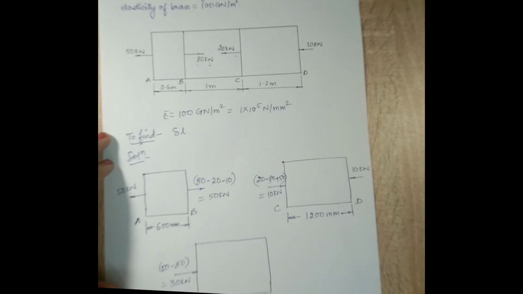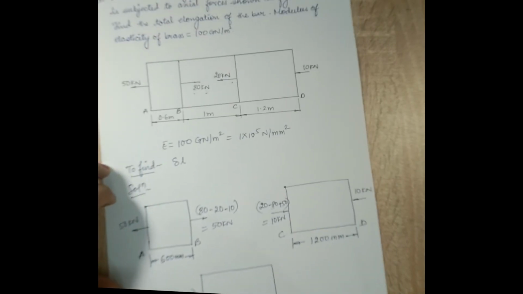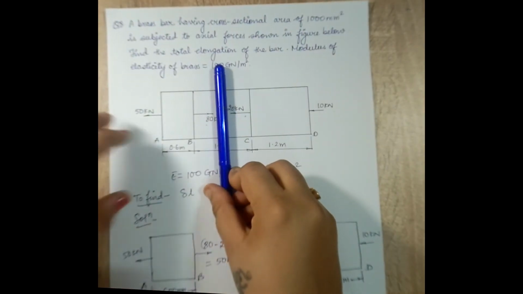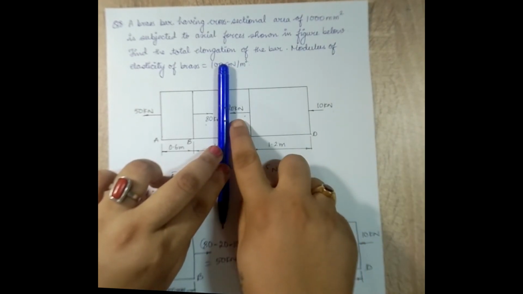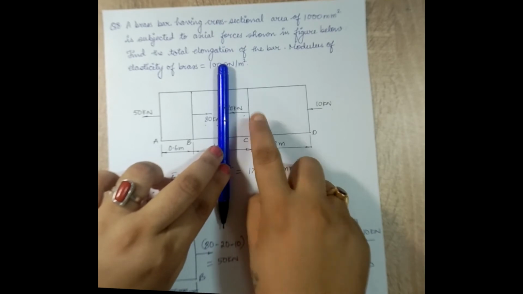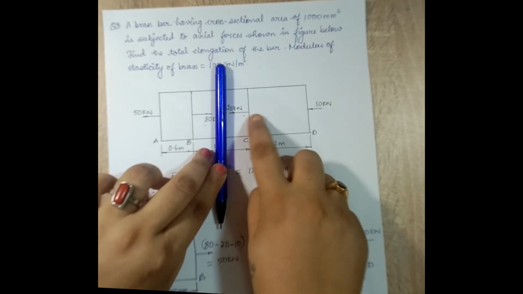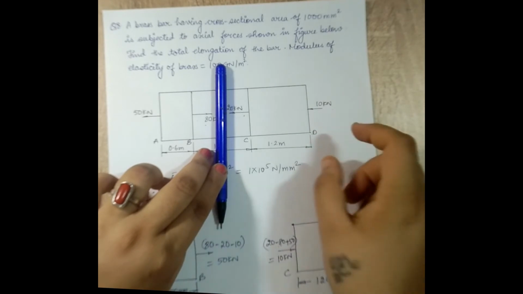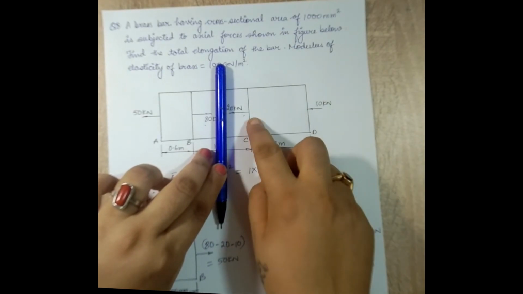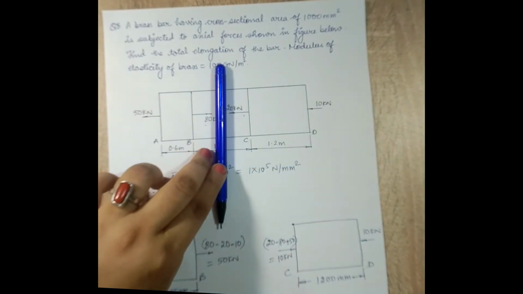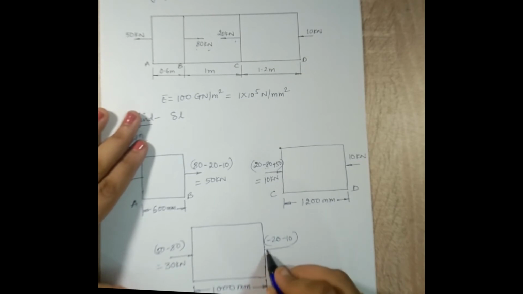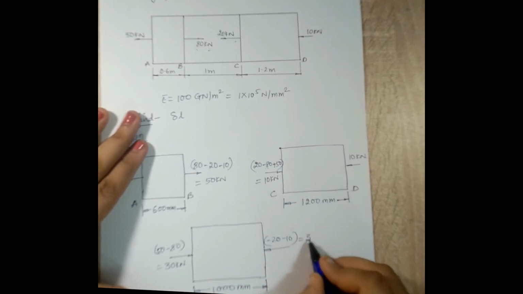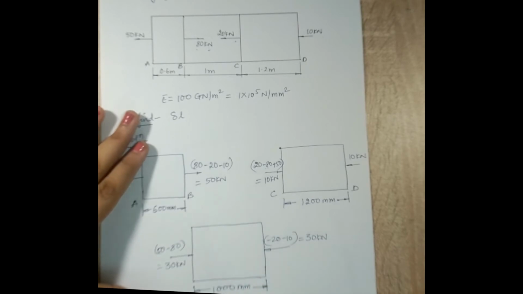This is the value. Let's check from the right hand side as well. I stand in between B and C and I look to the right. First I'll take up 20. Suppose 20, if I pick it up and place it at C, I'll observe that 20 is causing a compressive type of effect. Similarly, when I place 10 kilonewton over here, I again see a compressive type of effect. So I have minus 20 minus 10, which makes it 30 kilonewton, and I have shown the arrow of compressive